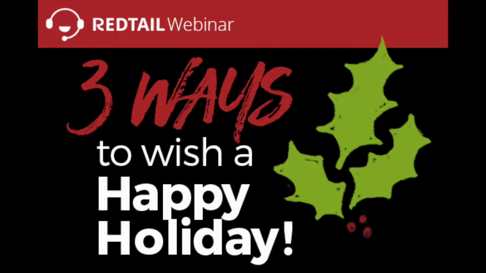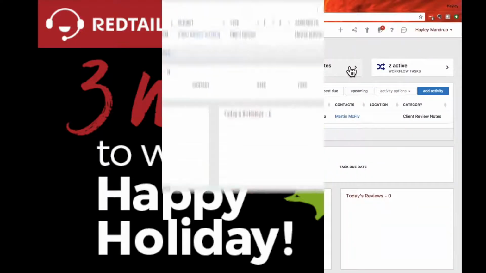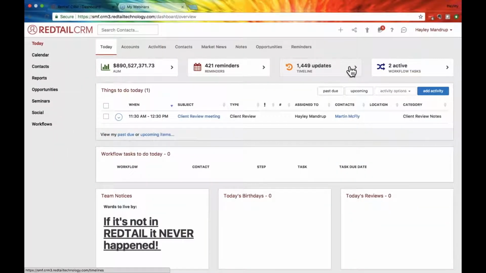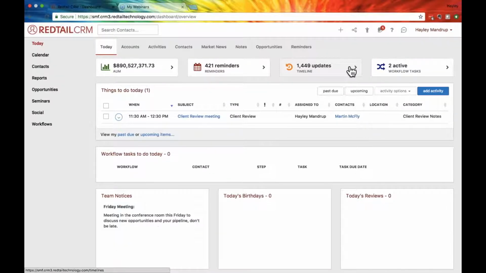So we're looking at the 3 different ways to communicate with your clients, and we'll be segmenting our clients within our database based on generation. So with that, without further ado, we'll go ahead and jump right in. First, I've got my Today page. We're on the main landing page for the CRM, and we're going to spend most of our time today on